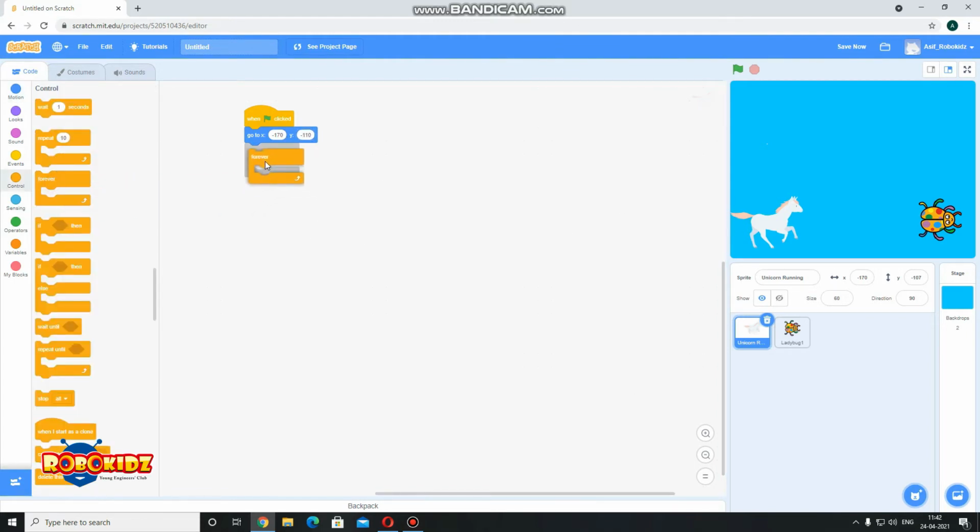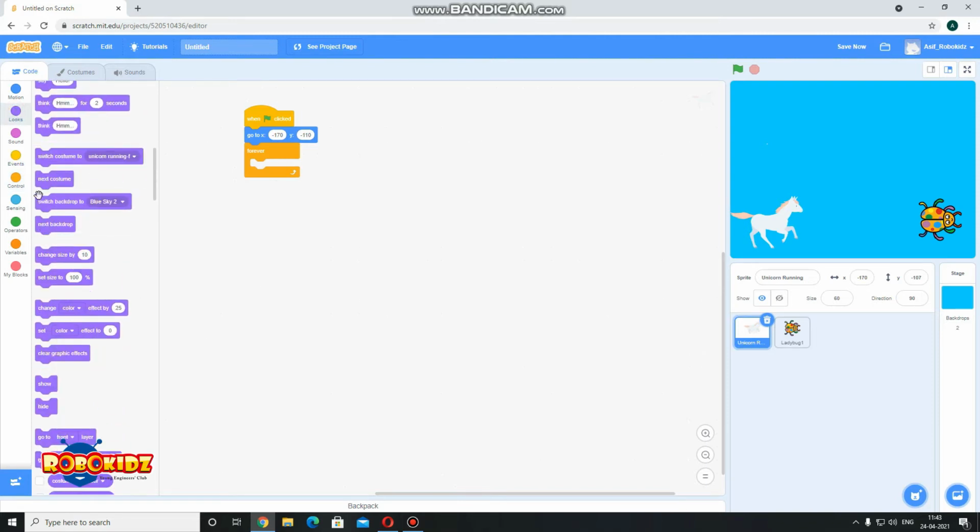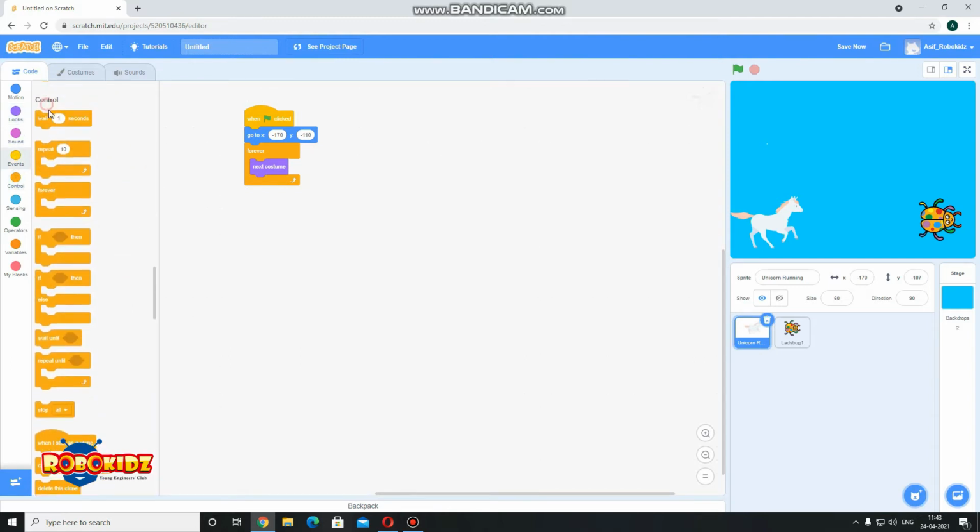Now inside of forever, I'll take the looks option, next costume, and after that I'll add 0.1 wait. So now it seems that the unicorn is running. So this is how we make the unicorn look like it's running. That was the second thing to be done.